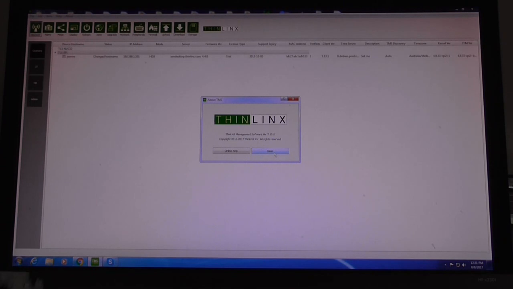So if you've got an end user that needs some help, you can say to them, look, just press Control Alt and S for shadow mode,